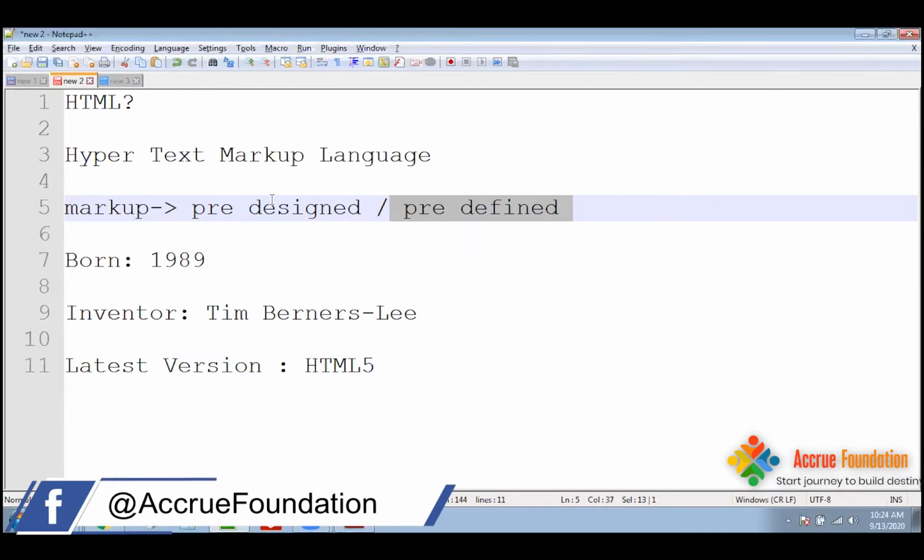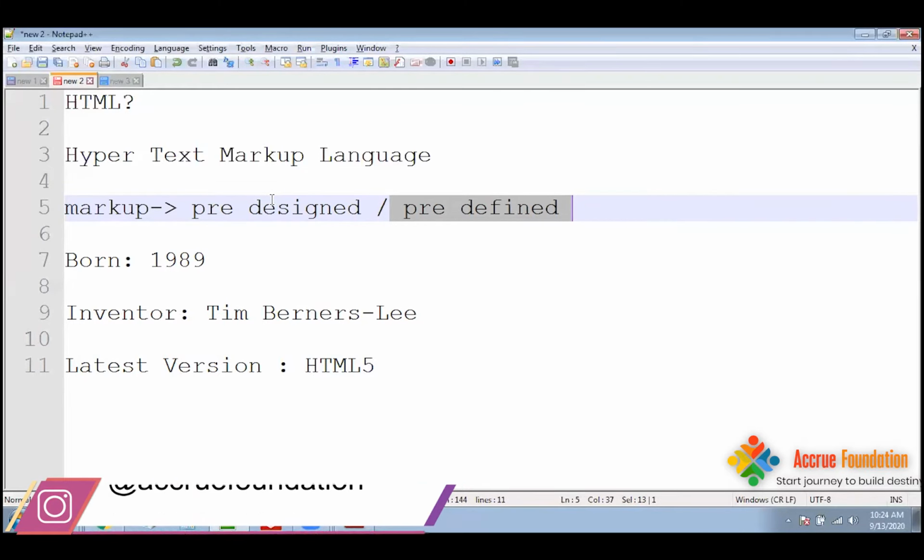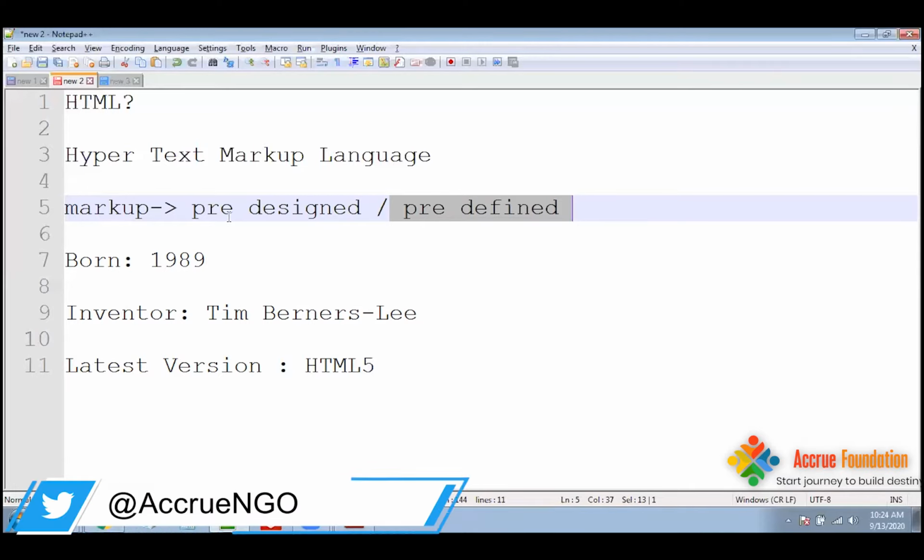Whenever you want to display something, whenever you want to add something, whenever you want to do some operations, there are some tags. So you just have to call the tags and insert your information and you will get the output. Okay, so we'll see in a practical way in the upcoming videos.